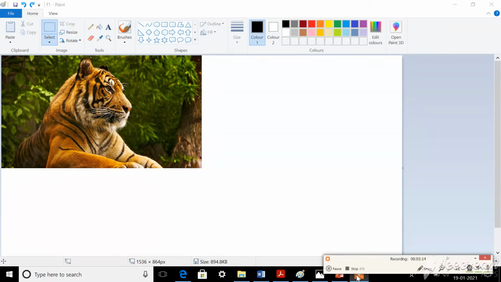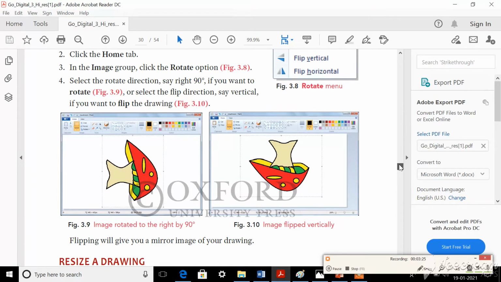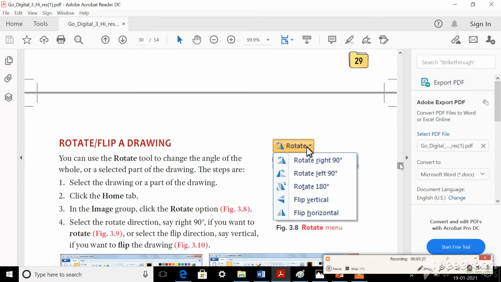Okay, so first we are going to see it theoretically. Okay, dear children. So listen, first we are going to use what tool? Rotate tool. Now take your pencil and highlight, underline this rotate tool.